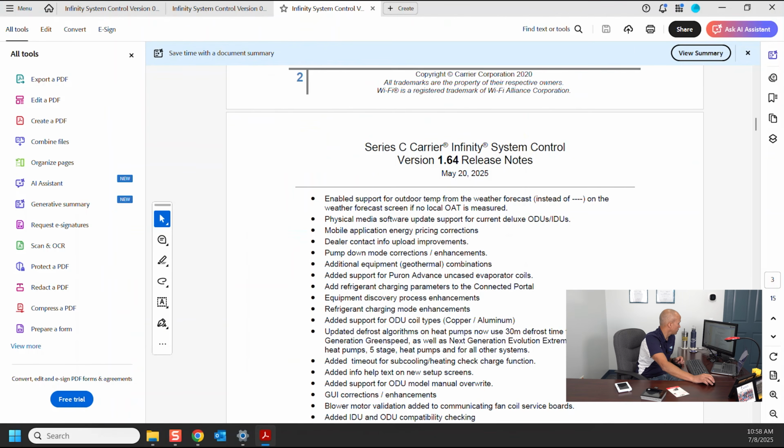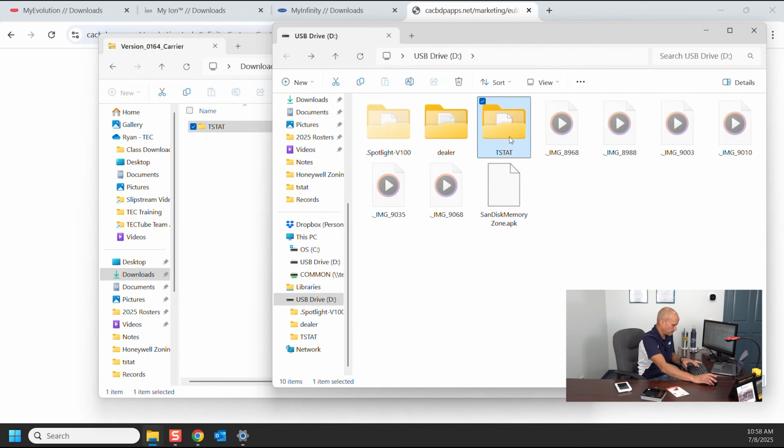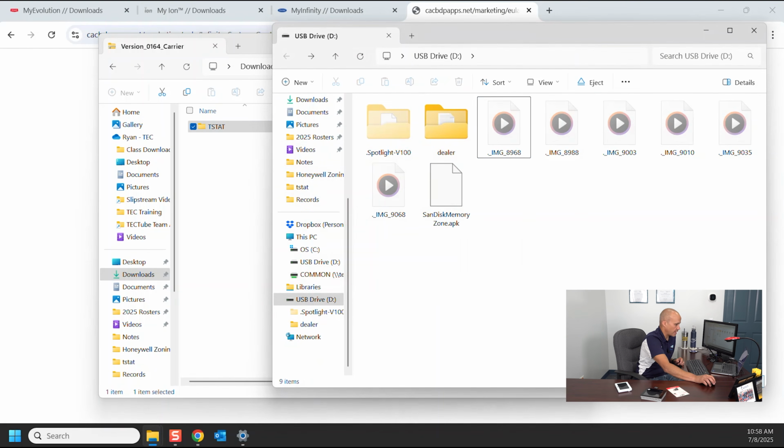I have too many things open. Close that. Okay, then delete it. The reason I'm doing that is I have on my flash drive a file that's already